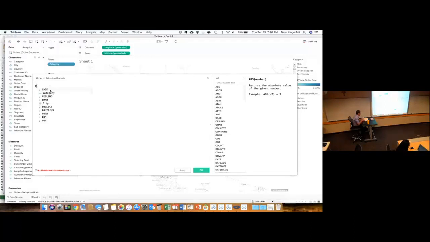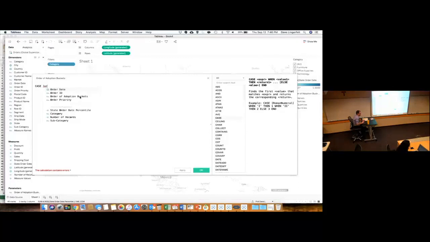So, first time for us doing this, at least in this class, I'm going to create a case statement, okay? And I'm going to reference my order of adoption buckets, my parameter. In Tableau, my syntax for a case statement is, I first signify I'm going to give it a case statement, and then I use the when operator. So I'm going to say when halves, and I used an uppercase H on mine. So when halves, then,